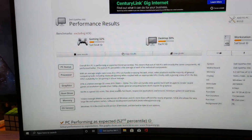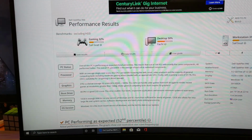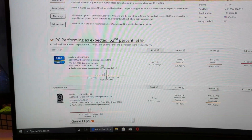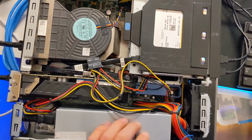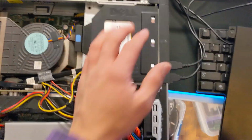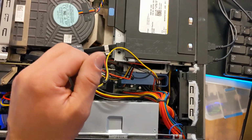By the way, I'm not completely sure how all this works, but I believe 100% is represented by the average of RTX 2060 scores. Correct me if I'm wrong, but so the RTX 2060 is the baseline, so a 31% score can't be all that bad. Should be perfectly capable of running games in HD at 60 frames per second, and even running multiple monitors as well. This is a huge upgrade for the graphics card. I mean, the graphics card was really different, but I don't know, the 1050 Ti is...